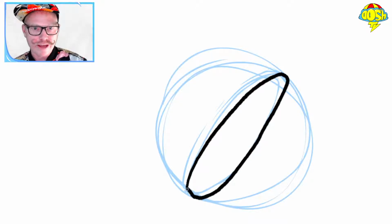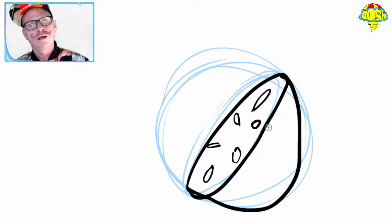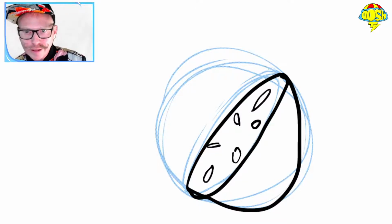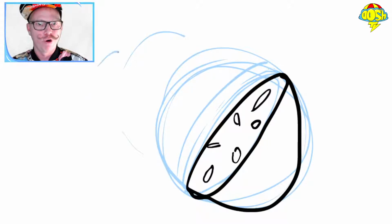If I go over that there, if it was half a watermelon or half of something, what you do is just do the same thing again on the other side, but you can vary the distance into which you broke something. You can vary the distance, right? So look, if this thing here is going to fall off the other side,